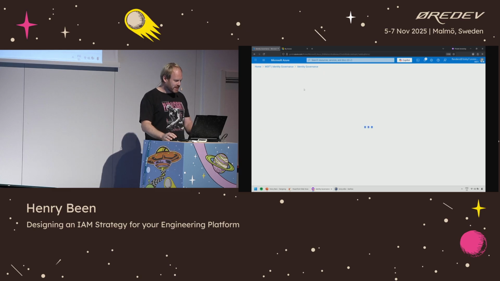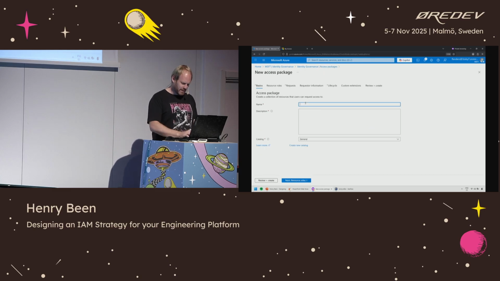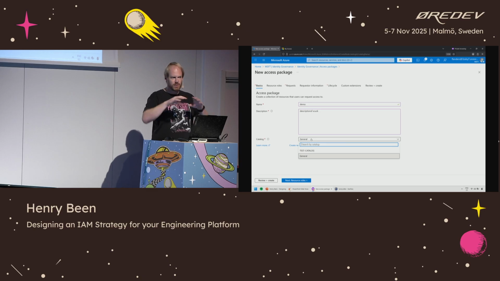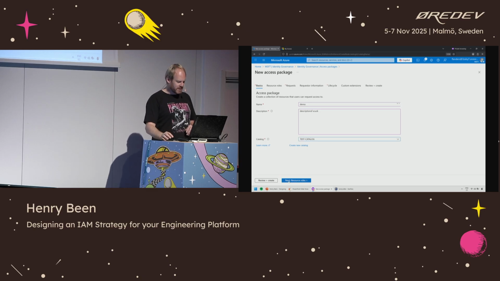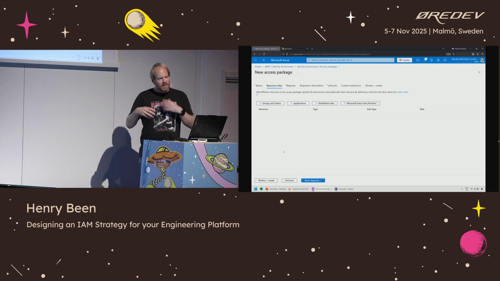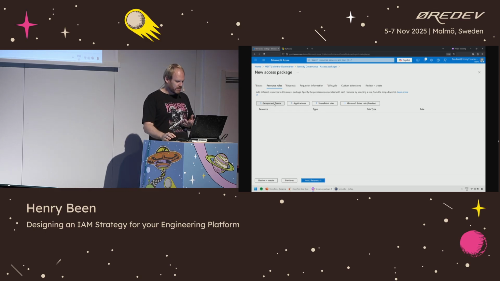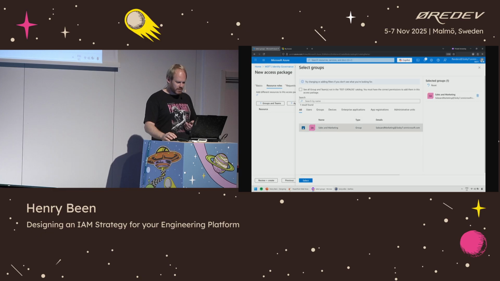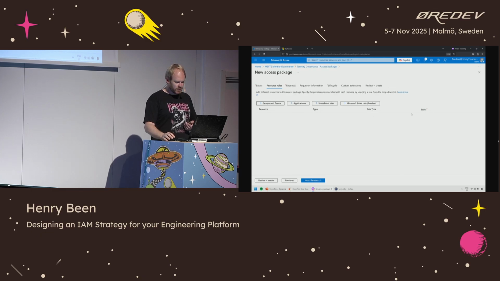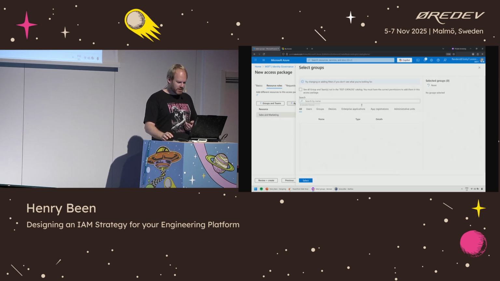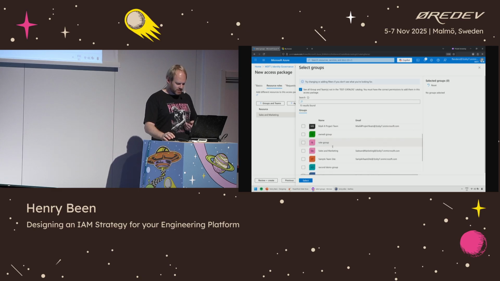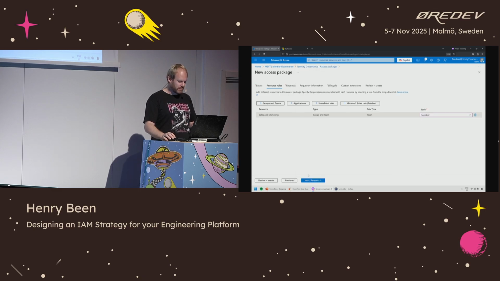Now, let's create a new access package. We're going to give this the name demo, of course. Descriptions suck. The catalog is just a grouping thing so that you can segregate access. And of course, I have a test catalog. Now, I can start adding resources to this access package. Let's add a group, for example, sales and marketing, of which you become a member when you take this access package. And the second demo group sounds fantastic, of which you become a